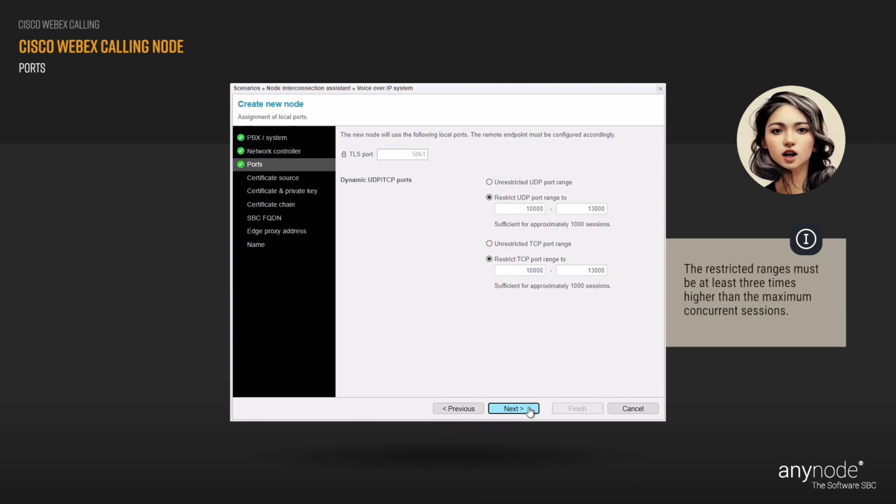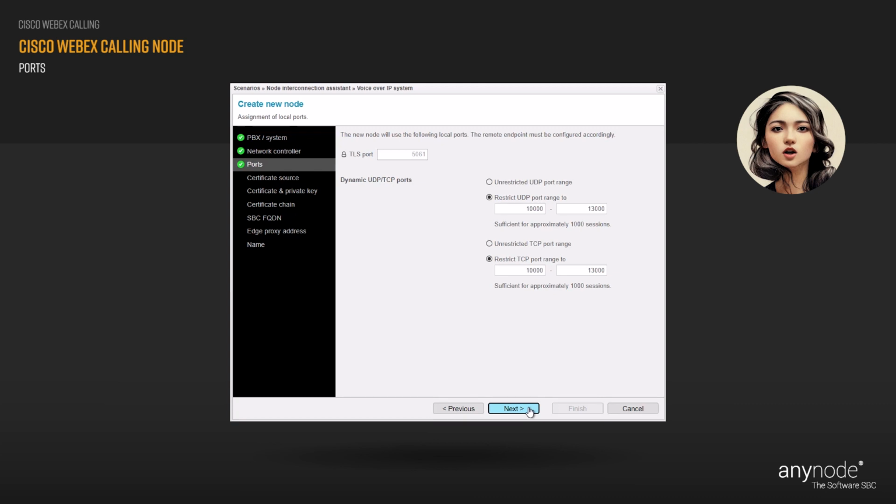Note that the restricted ranges for dynamic UDP TCP ports must be at least 3 times higher than the amount of maximum concurrent sessions. Such settings can be reviewed or changed later in the network controller dialog of the node. An example can be found in the section Network Controller.